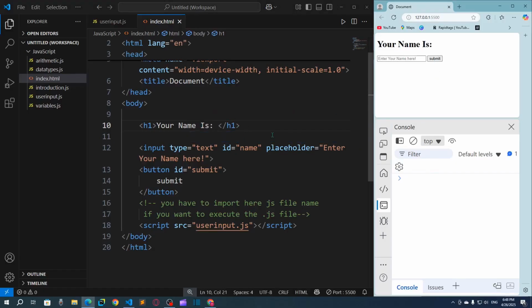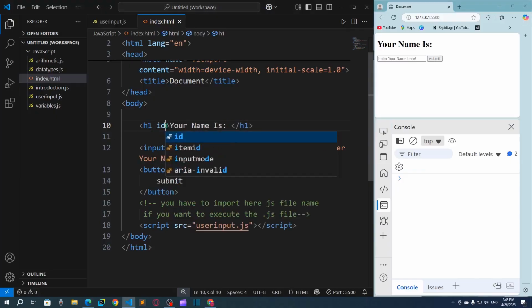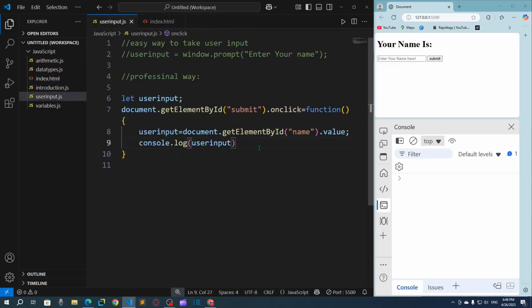All right. So I want to actually give here an id, so id is equal to replace, or I can say new name. Okay, and here I want to say that, okay, I